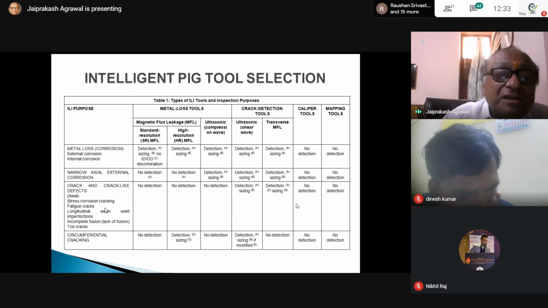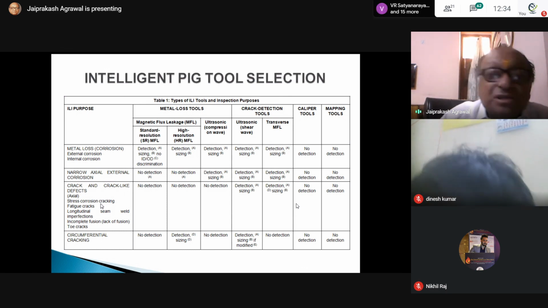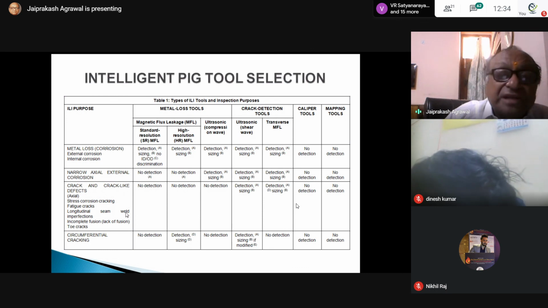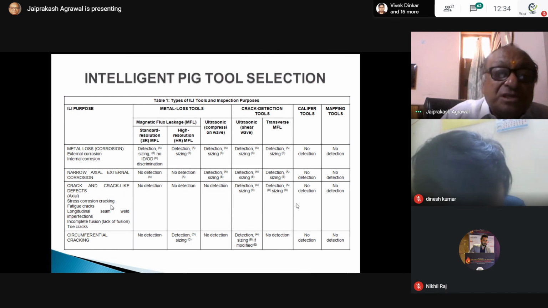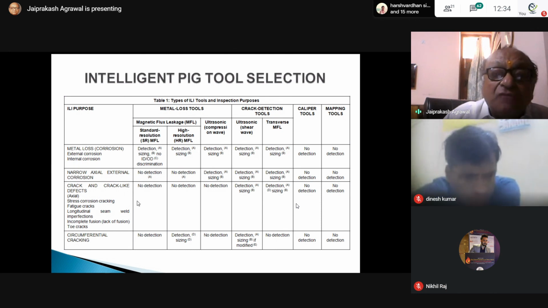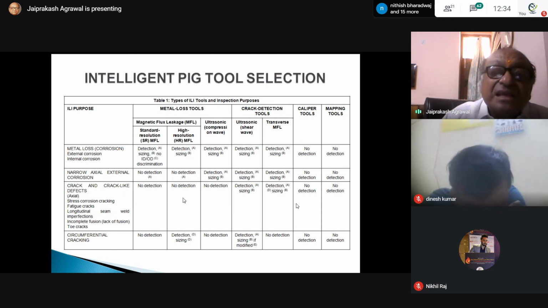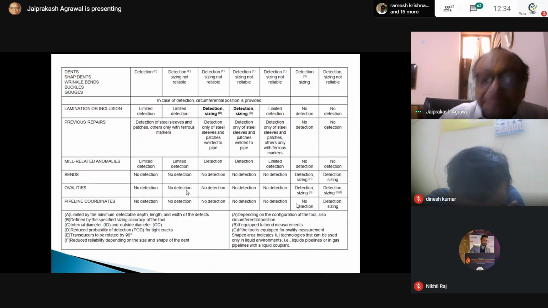And for these cracks you will have to do caliper pigging, which is not given here. Caliper tools are there, they are telling slow detection, but you can use the electro-geometrical pigging or the crack detection tools if you want to know the cracks. But a high resolution tool can give you some indication of the cracks, because it is tooled for axial corrosion. If you are using the precise high resolution tool, this can tell you about the cracks. So this you can use, the only one tool.